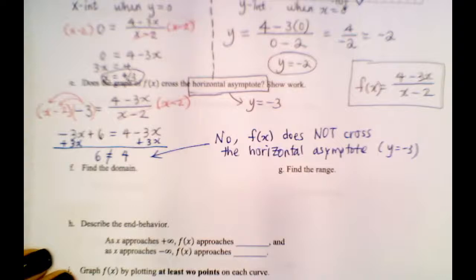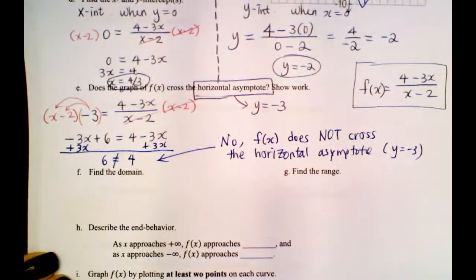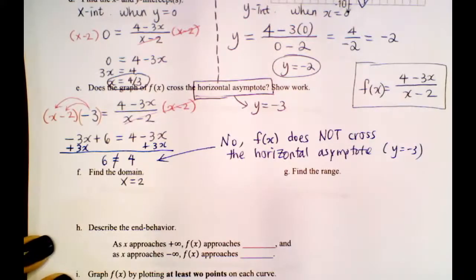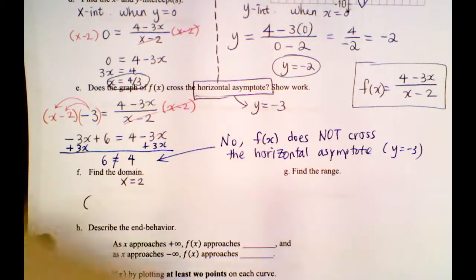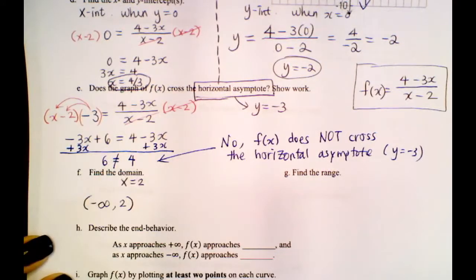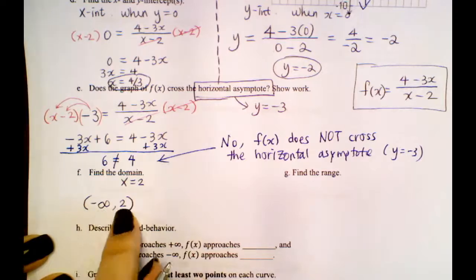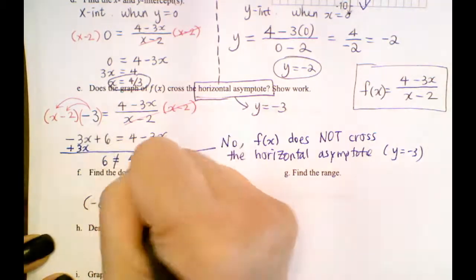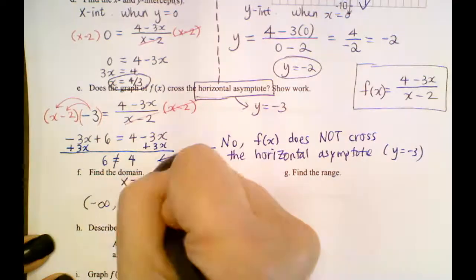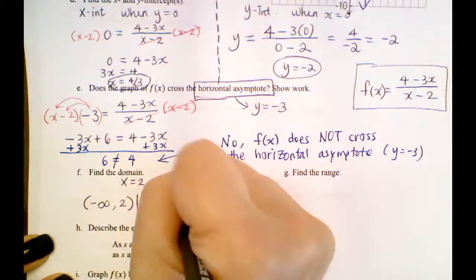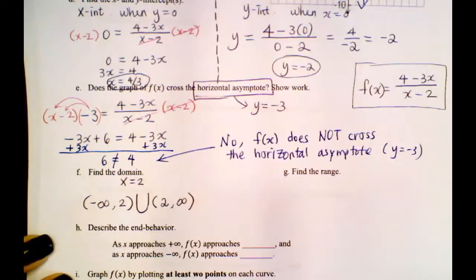Well, let me do the domain first. For the domain, we're going to use the vertical asymptote. The vertical asymptote is at x equals 2, right? So the graph will go forever to the left, but it's going to have to stop at, not negative 2, at positive 2. So the first interval will be from negative infinity to positive 2. Draw the union symbol. And then you jump that 2, and then you start back from 2, go all the way to positive infinity. So that's the domain